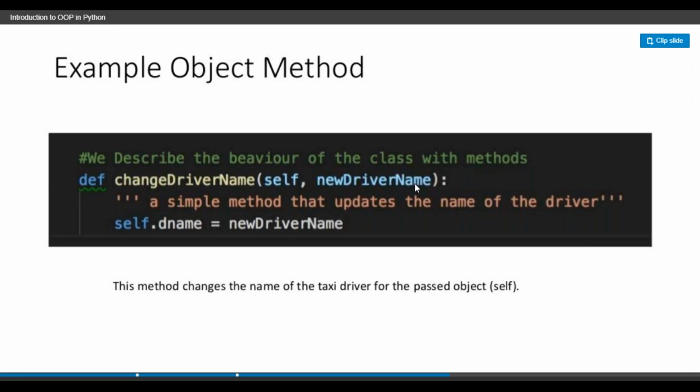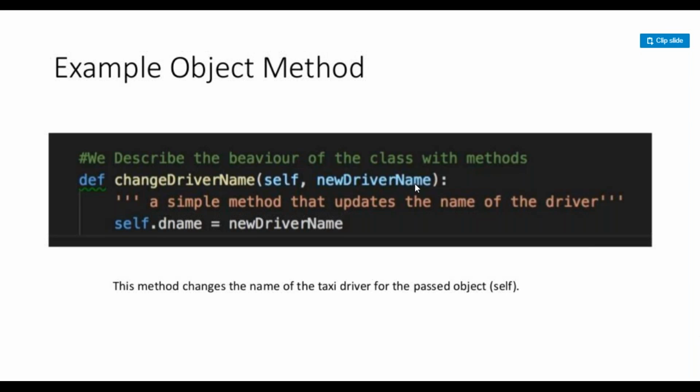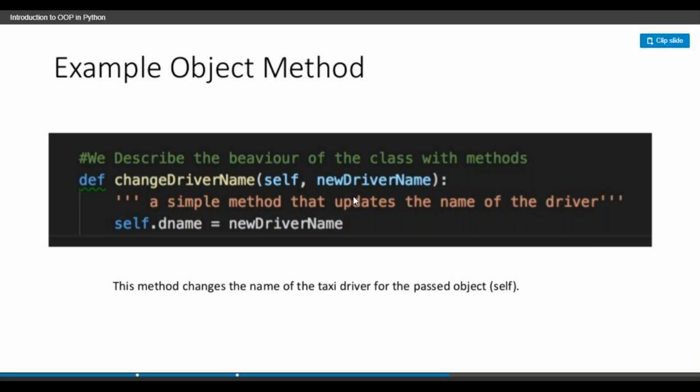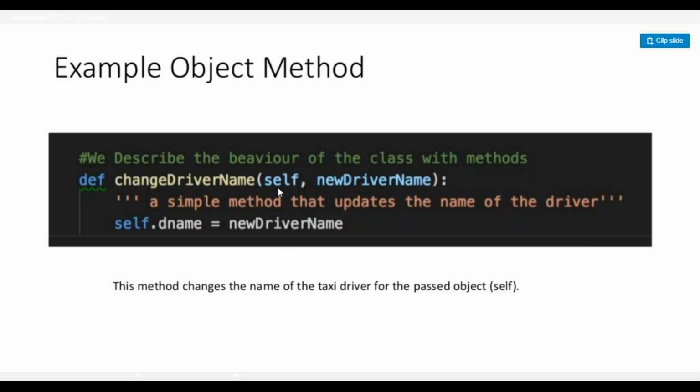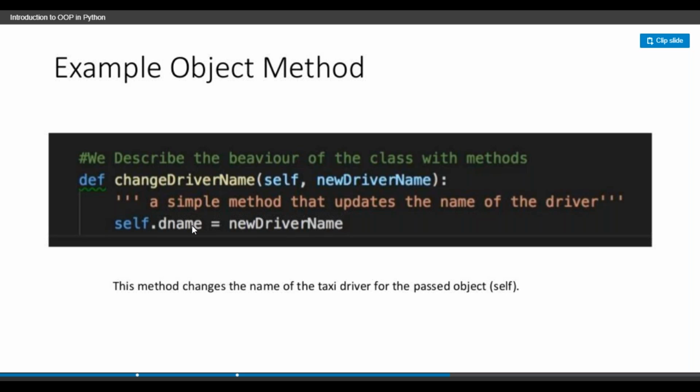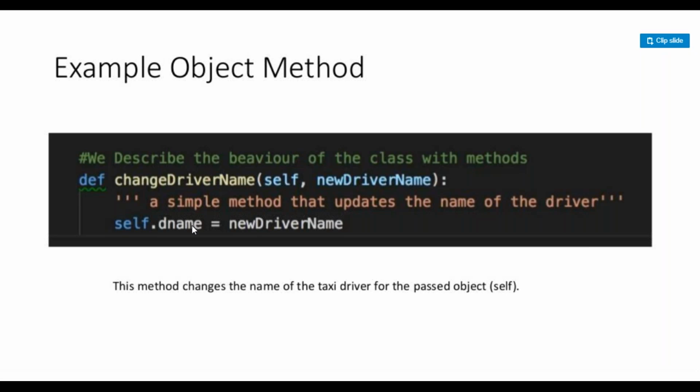self, new driver name. That is what I told you in the behavior of your class. A simple method that updates the name of the driver. Then self.dname is equal to new driver name. See here, yourself, your object.dname, driver name, dname, right, is equal to